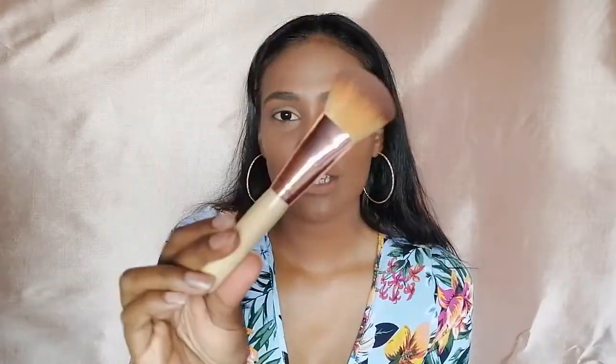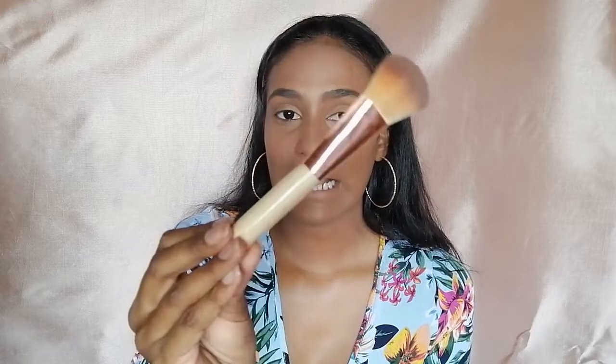Set onto my neck as well. You're basically setting everywhere that you applied the foundation. And how cute is this brush, guys? I got this brush from Pep. I know. If you didn't know that Pep sells makeup brushes, now you do. The powder did mattify my skin, but you can still kind of see a bit of sheen showing through. Maybe that's just because it's super hot here and I'm sweating, but